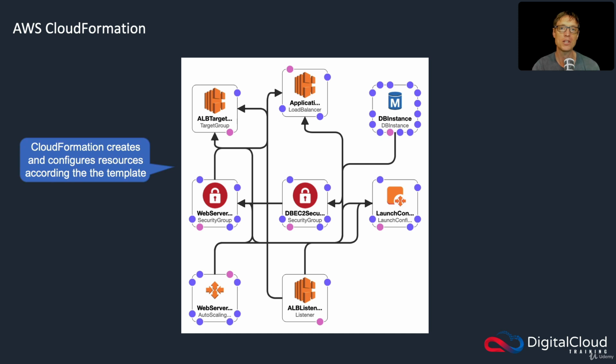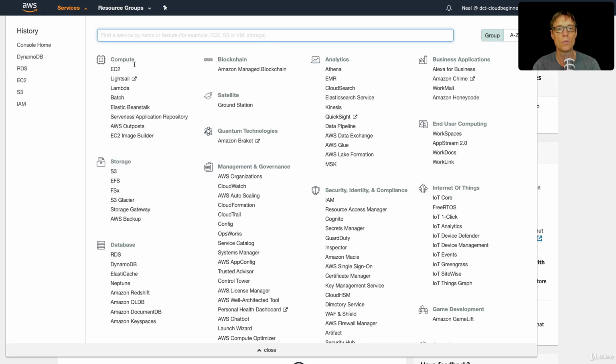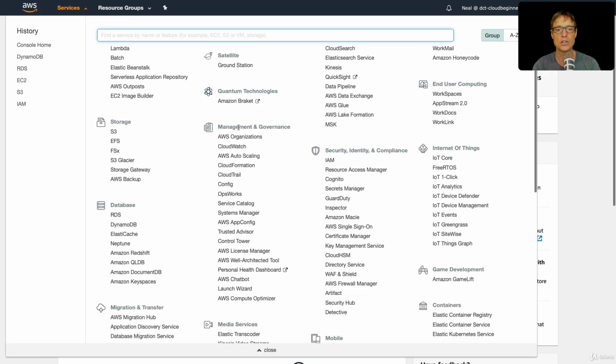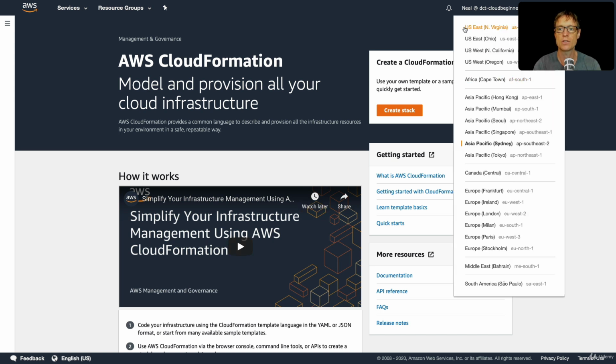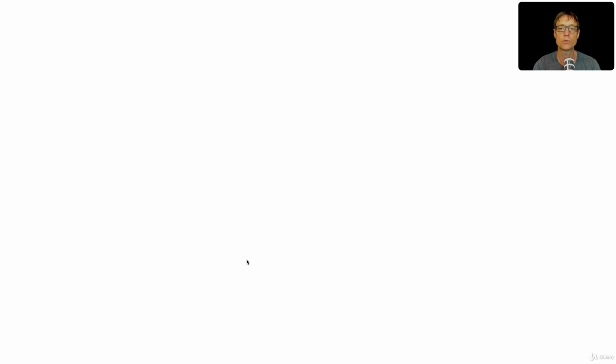Now let's head over to the management console and we're going to start building out some stacks on AWS CloudFormation. In the management console, we're going to go to Services, Management and Governance, and CloudFormation. What I'm going to do for this exercise is change to US East North Virginia. Again, this is a regional service, so you do need to choose the region that you're going to operate